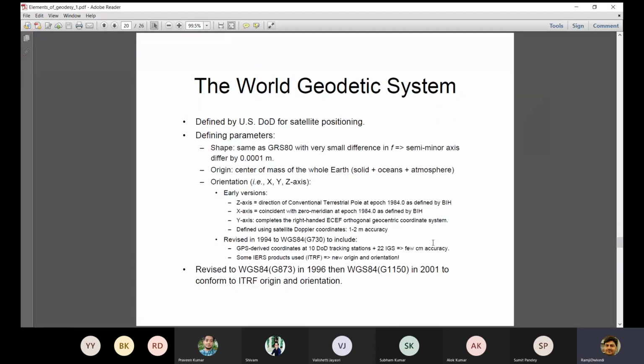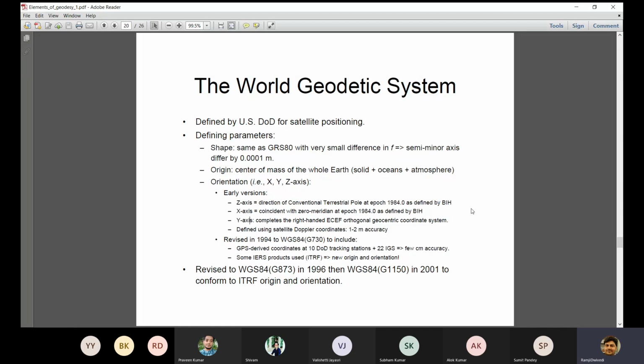Then the World Geodetic System, which we discussed, how this is used. The important point is to remember what is Z, what is X, what is Y, and how it is defined. Please remember, as I've told you, your Earth is not a static body. It is moving, it is revolving, it is rotating. So your Z cannot remain the same all the time. You cannot have the same Z every time. I'll show you one video today, so that it will open up your mind a little bit, so that you could understand several concepts related to this